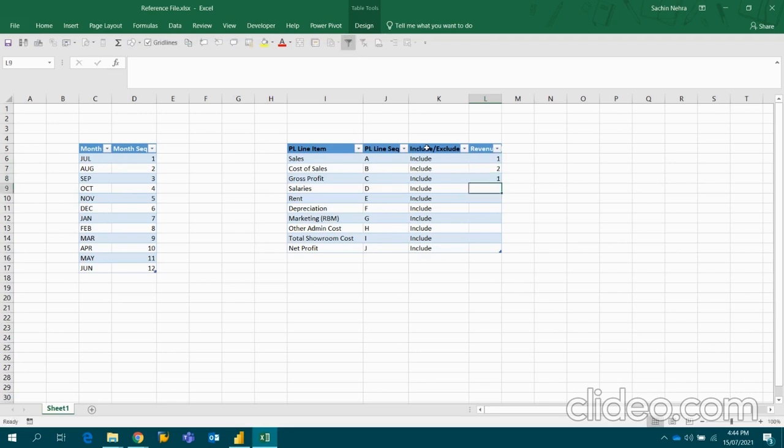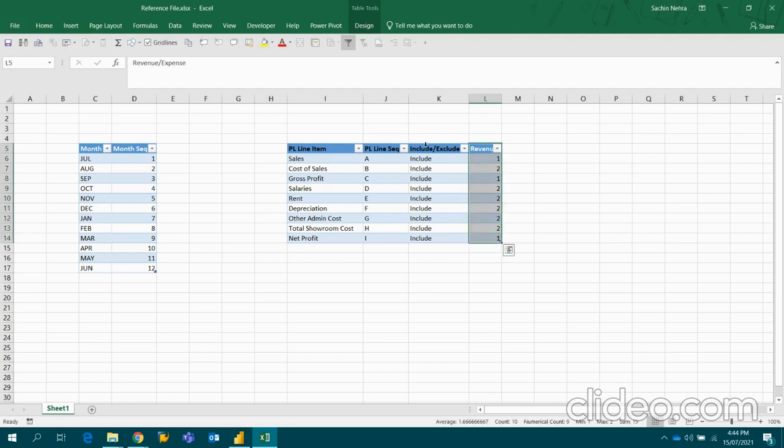It will be 1, salary will be 2, rent will be 2, depreciation will be 2, or this is not a line at all in the record. My other admin cost will be 2, my showroom cost will be 2, my net profit will be 1.